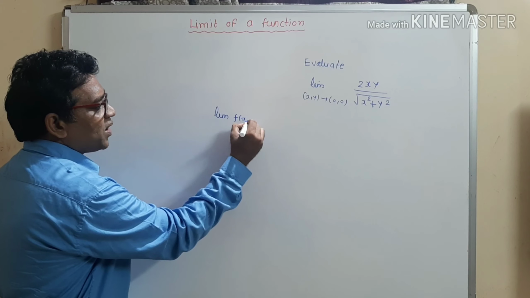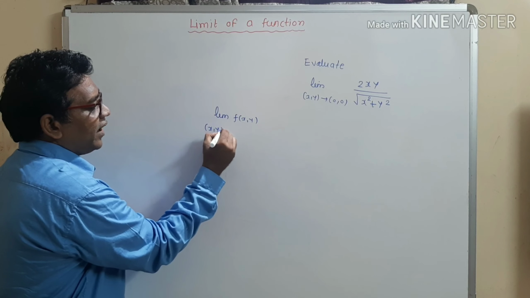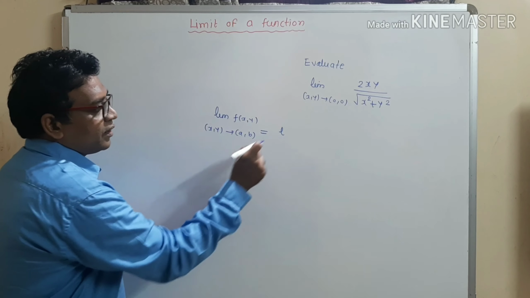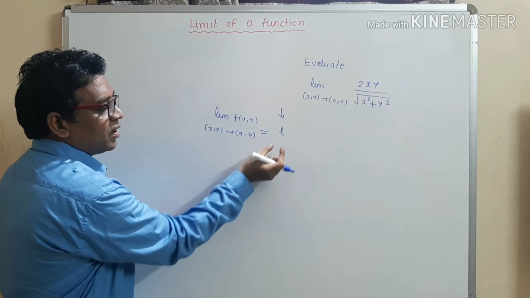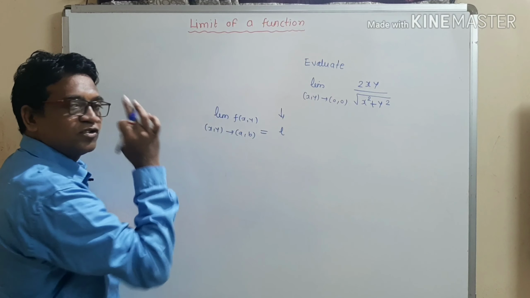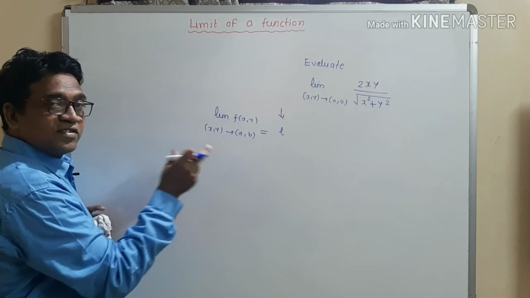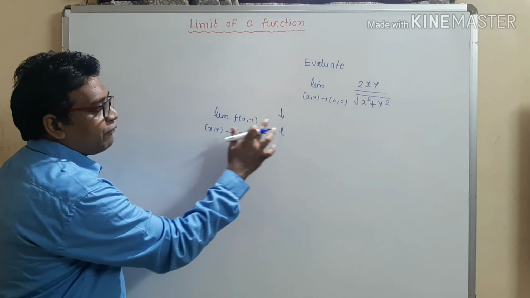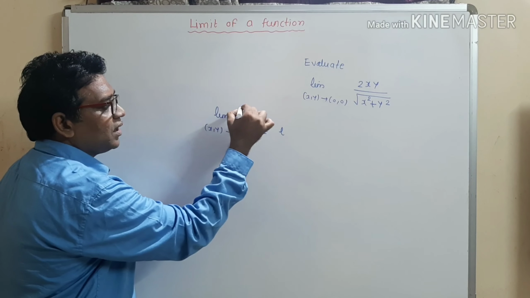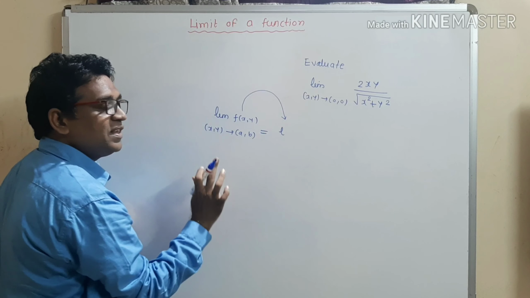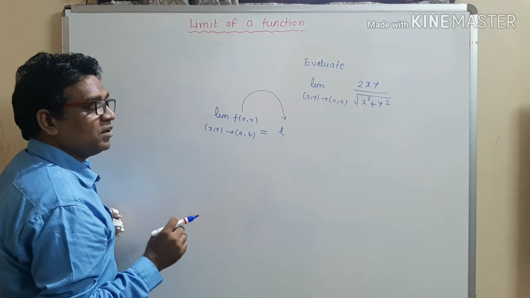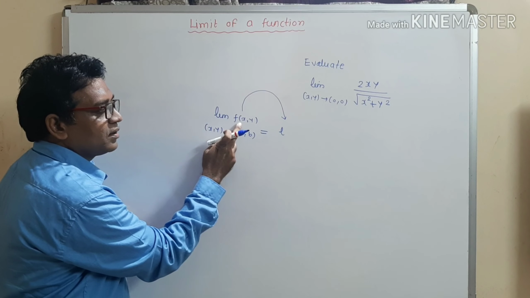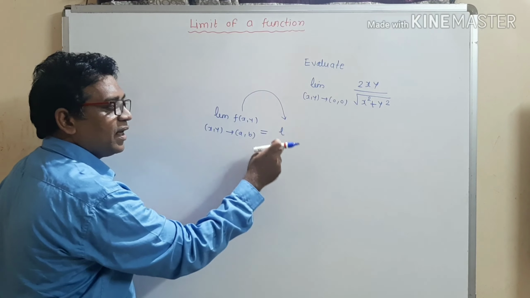If limit of f(x, y) as (x, y) approaches (a, b) is equal to L, then this number L is called the limit of that particular function. So this is the symbolical definition of limit of function. What is the geometrical meaning of limit of function? A function f(x, y) is said to have a limit L, means that